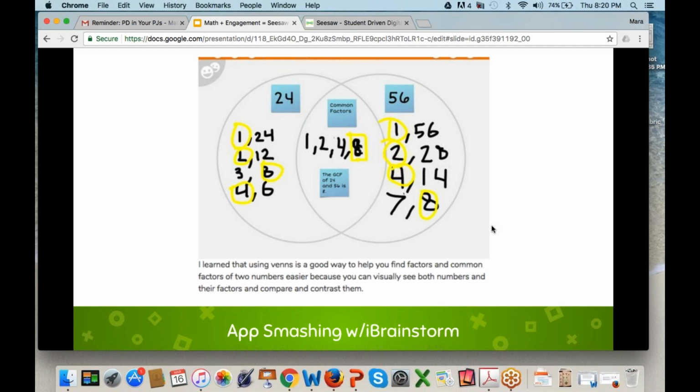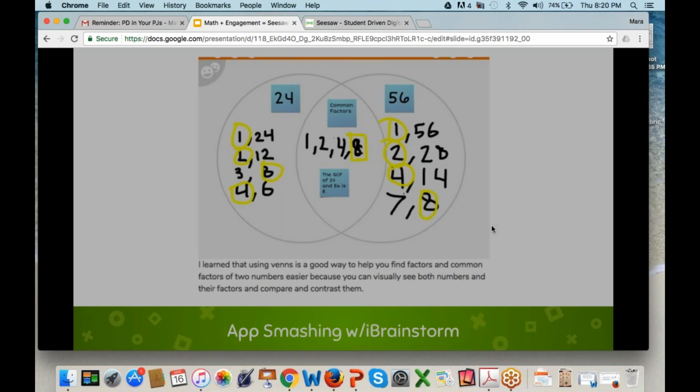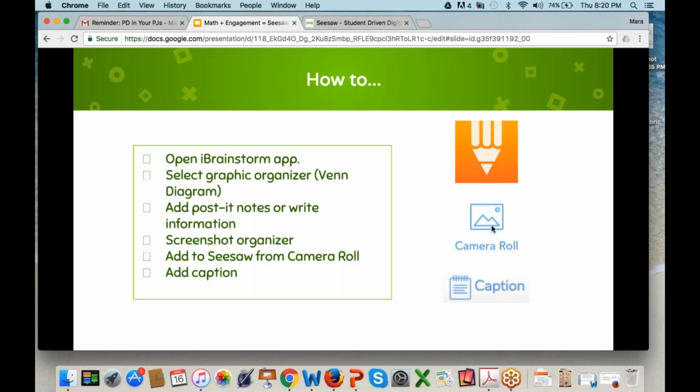And then I told them once they were done, they had to write some kind of reflection about the activity that they had just completed. For this one, they used the iBrainstorm app, and then they took a picture from that app, and it's on the camera roll. I explained that on the next slide. So you open the Brainstorm app, you select the graphic organizer, they add their information, and then they screenshot